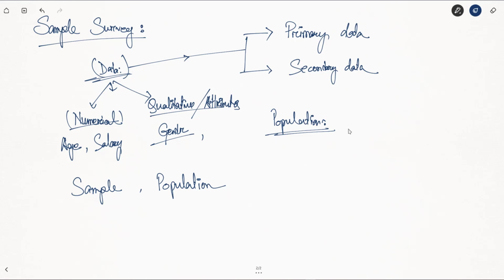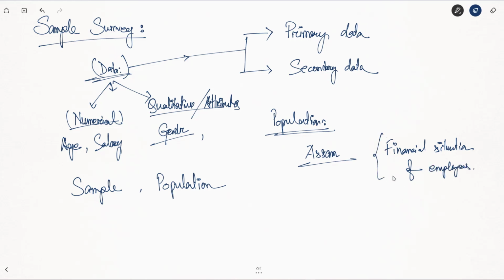So population means the group of items that covers the entire interest of our study. So let's say I am interested in inferencing about the financial situation of males in a particular area of Assam. Let's say the area that I am interested in is Assam, and the purpose of my study is to know the financial situation of, let's say, employees,